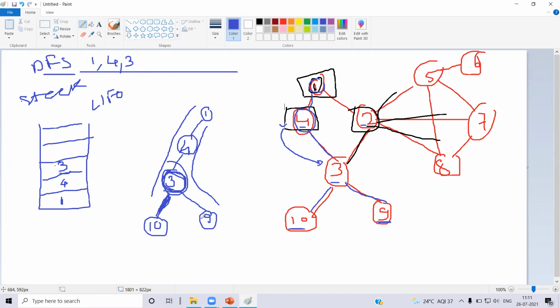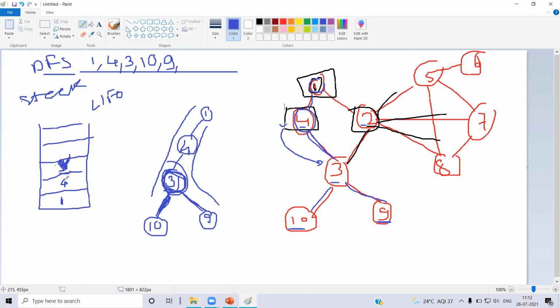Now what is the node which I have to consider? In this case, it will be 3. 3 visited 10. After that, you went back to 3 and visited 9. So again, you go back to its predecessor, which is pushed onto the stack. In this case, it is the 3 which was pushed onto the stack. You pop it out. From 3, you get to know that there are no other neighbors which I can traverse, so I have to go back to its predecessor.